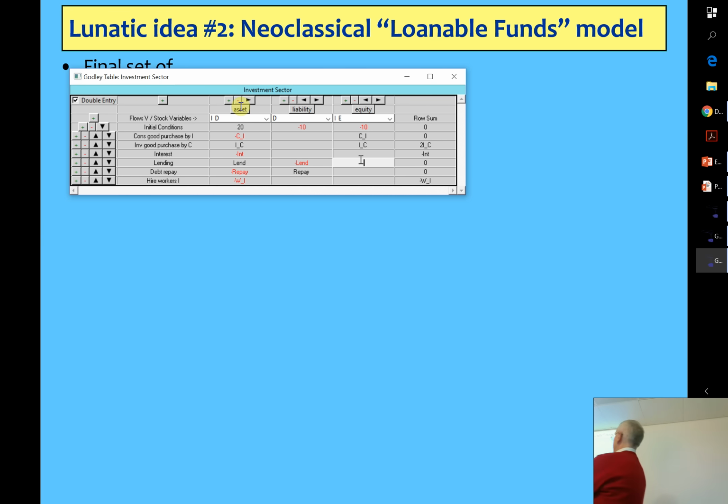What Minsky does is record I've got 2 times that entry is my row sum. It's got to be 0. Every row has to be 0. That's your stock flow consistency check. Or that every flow, as Wynne Godley said, every flow starts somewhere and goes somewhere. So Minsky's making sure you record those financial flows properly.